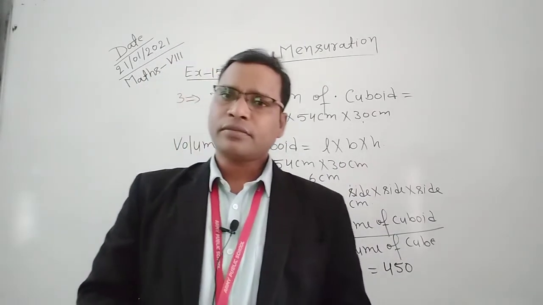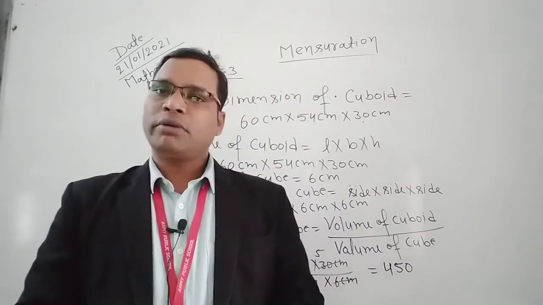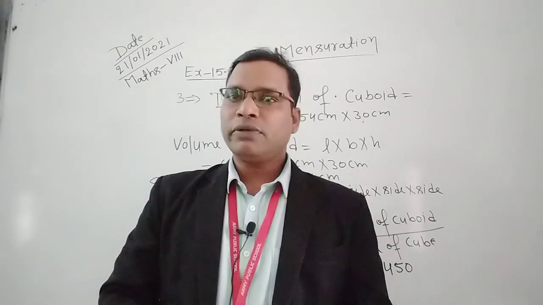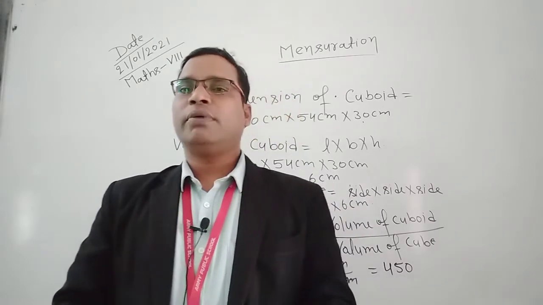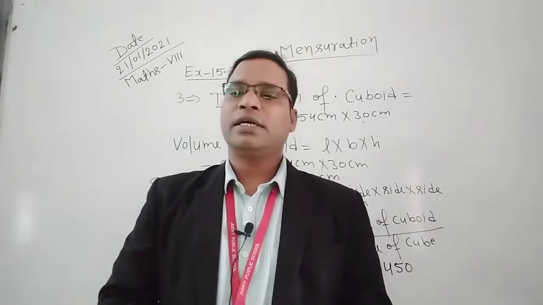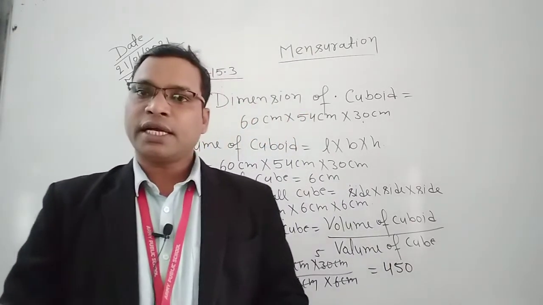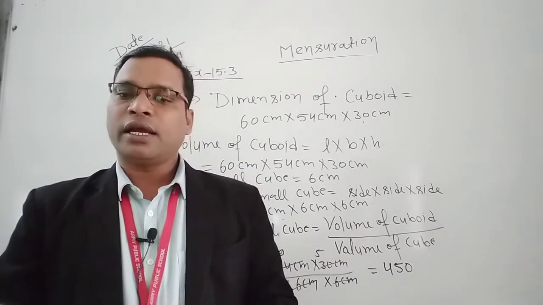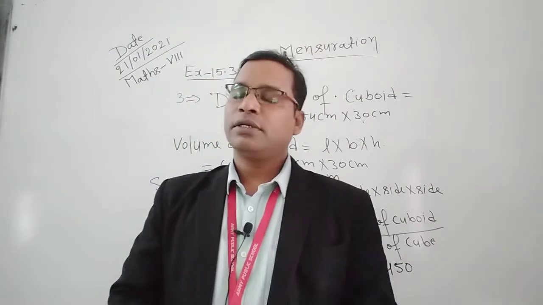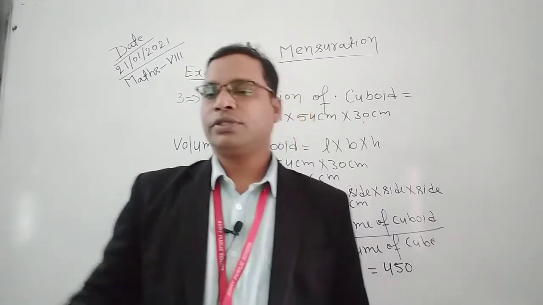Now, in a previous video we already discussed the volume of cylinders. So what is the volume of a cylinder? Obviously, you can say the volume of a cylinder is pi r square h. What is h? h is the height of the cylinder. We need to find it. And what is r? r is the radius. And what is the value of pi? The value of pi is 22 by 7. So let's see how to solve this question.